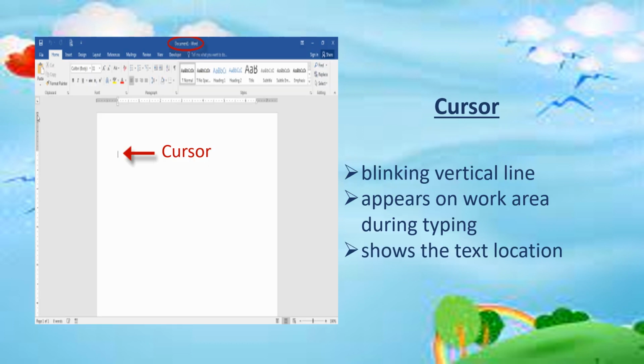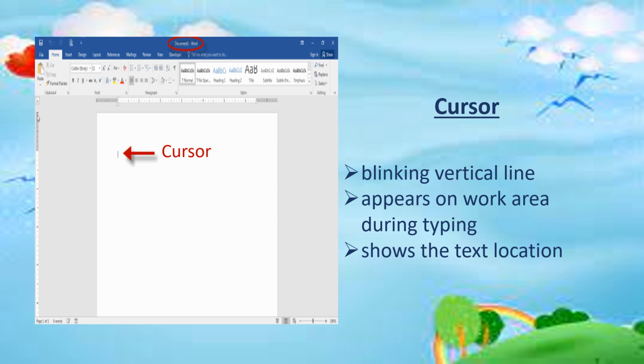Cursor. Students, all of you know that when you move your computer mouse, a pointing arrow appears on your monitor screen. This pointing arrow is called cursor, and this cursor shows the direction of your computer mouse.